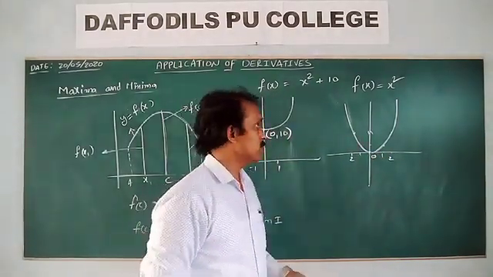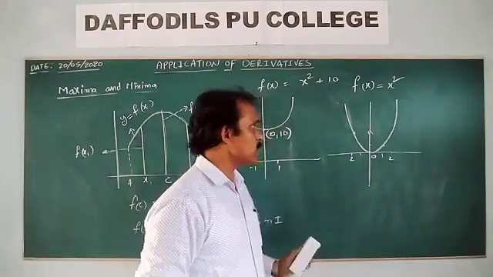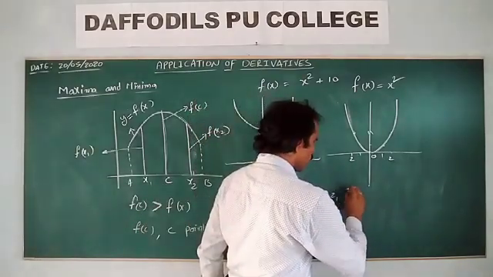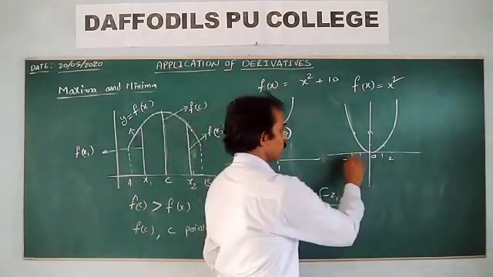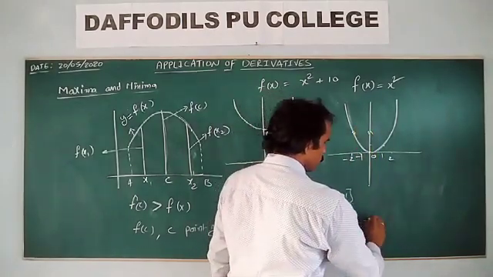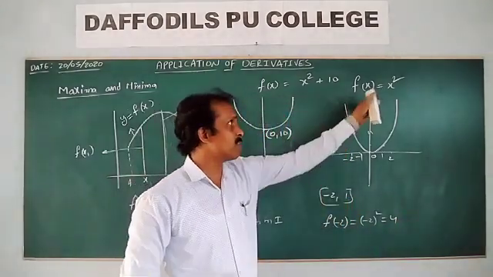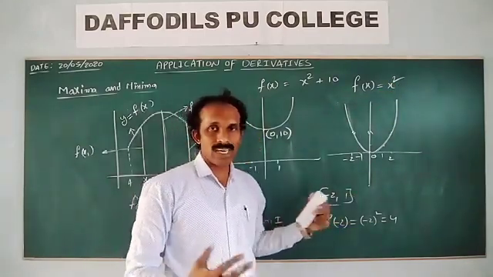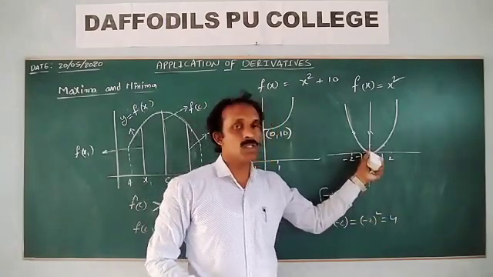What is the maximum value? You cannot determine a maximum value. Suppose we restrict to some interval, that is minus 2 comma 1. We restrict the function f of x is equal to x square to minus 2 comma 1. What is the value at minus 2? f of minus 2 is minus 2 whole square, which is equal to 4. So this is the maximum value and 0 is the minimum value.